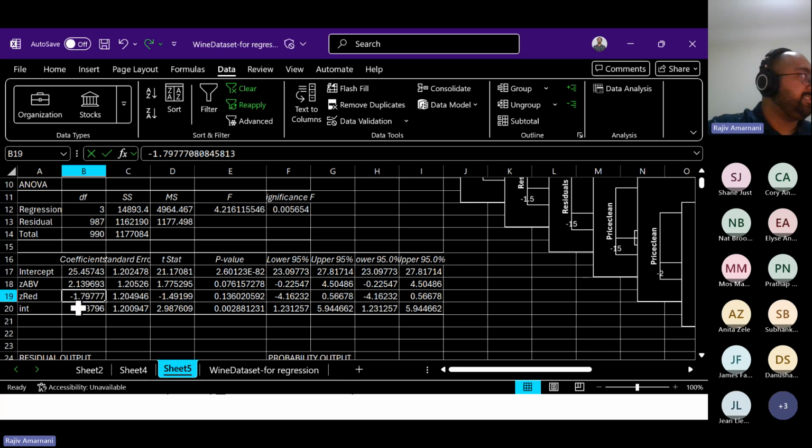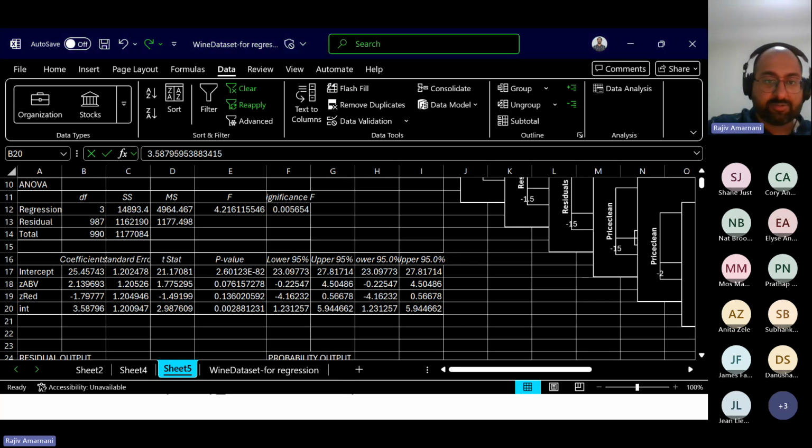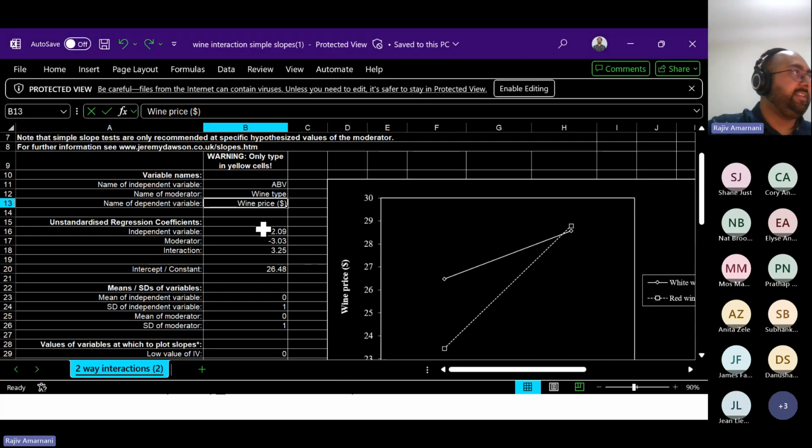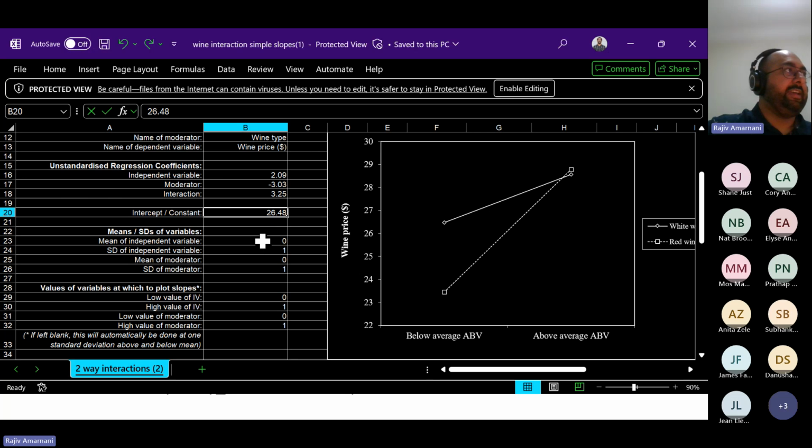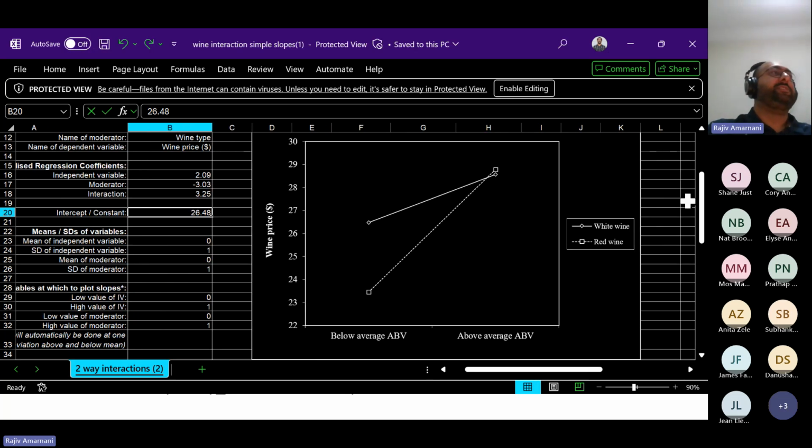So I copied this, and I just chucked it into this other Excel formula here. There might be some little changes, but that's the idea. Put in the intercept, and there we go. This is the graph, class. So would anyone care to try interpreting this graph? Before, we were under the assumption that, oh no, ABV does not have an effect on price. Actually, it does, but